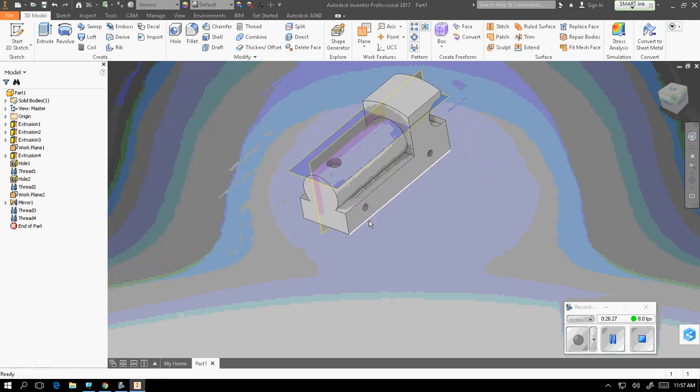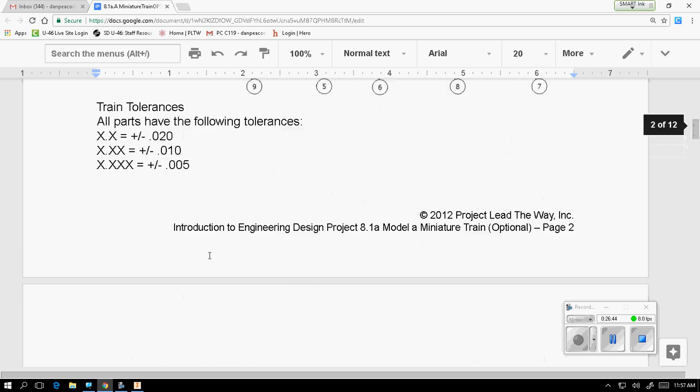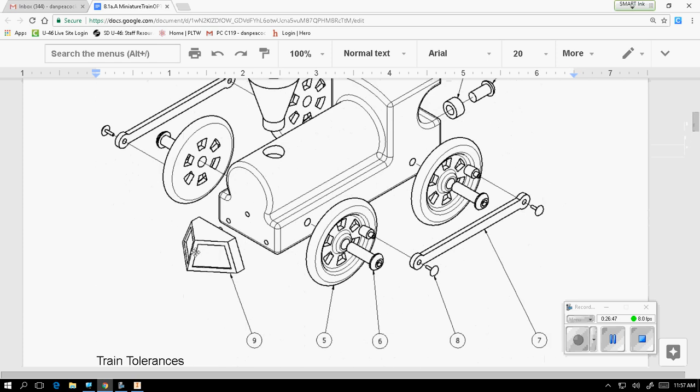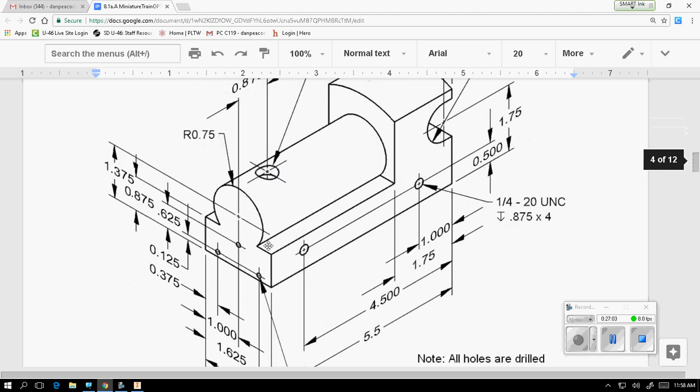Now, we have 3 more remaining holes, and these holes actually have to be perfect, because a lot of problems arise when you try to connect a cow catcher, which is this guy. If the little shafts on the back of the cow catcher are not exactly the same as the holes on the front of your train body, you are going to run into problems. So we want to make 3 holes, these 3,